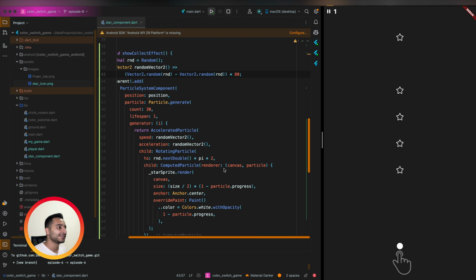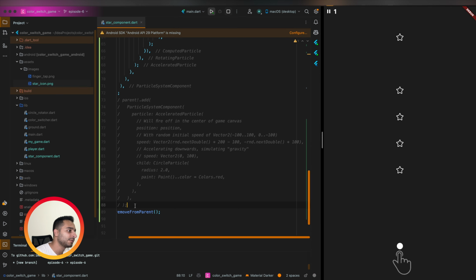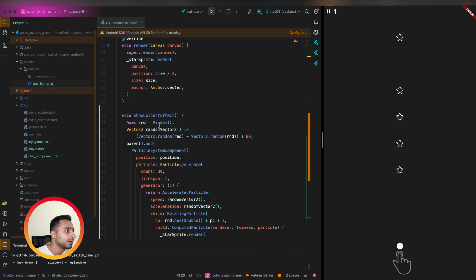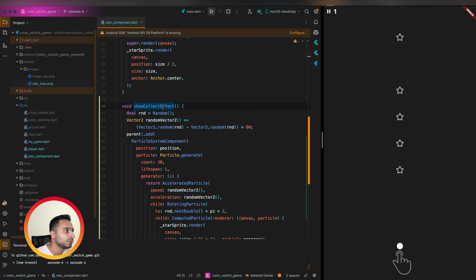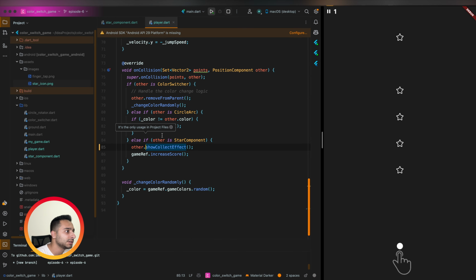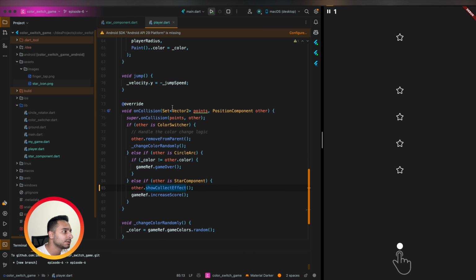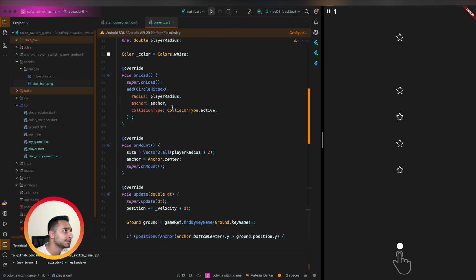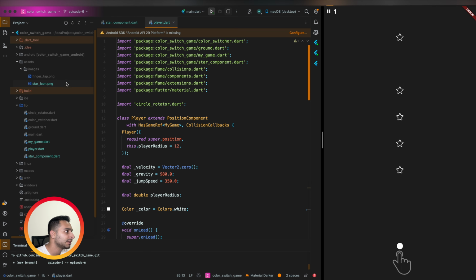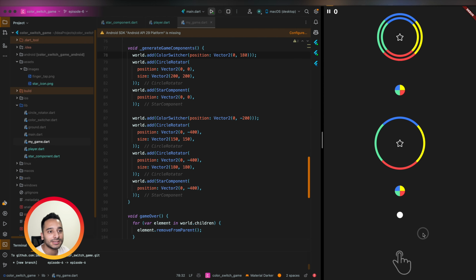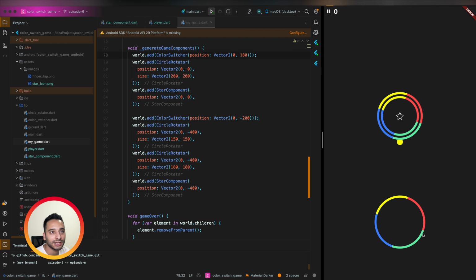Yeah. So let me remove this code and show collect effect. We need this function. We are calling it to remove the star from parent and add the particles. And also let's revert the code that we commented in my game. Okay, this is the normal state of the game, and when you hit the star, some particles are generating, but